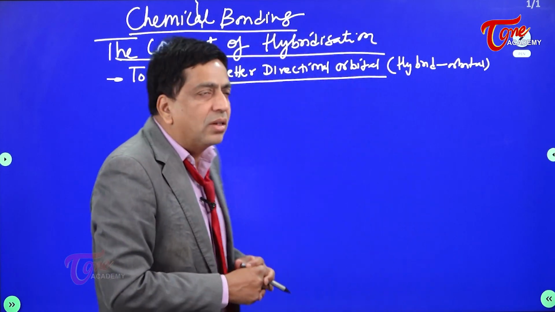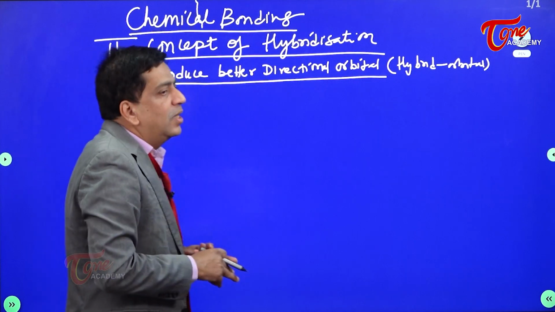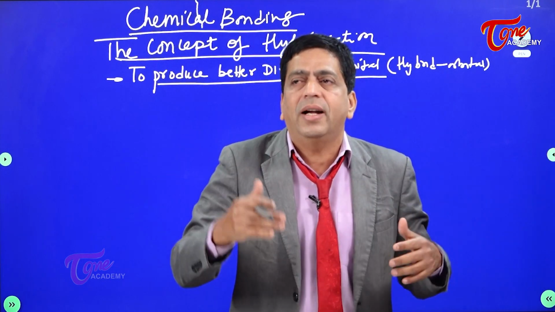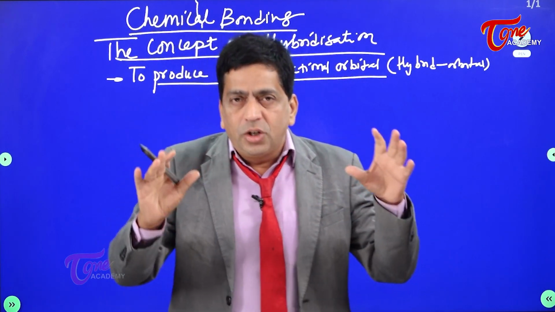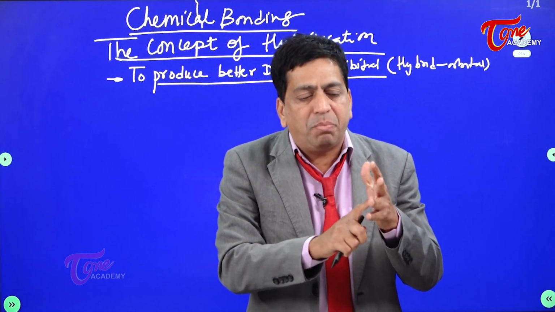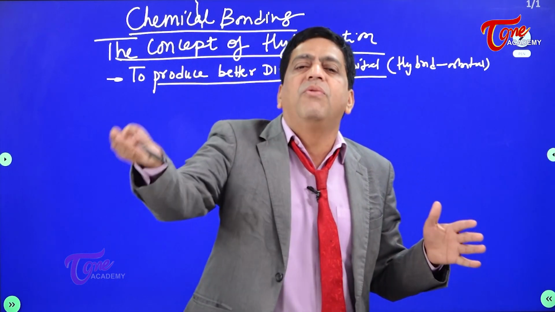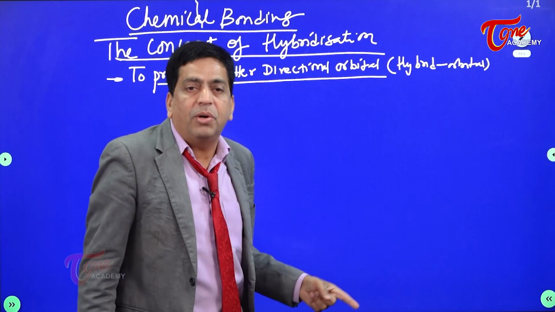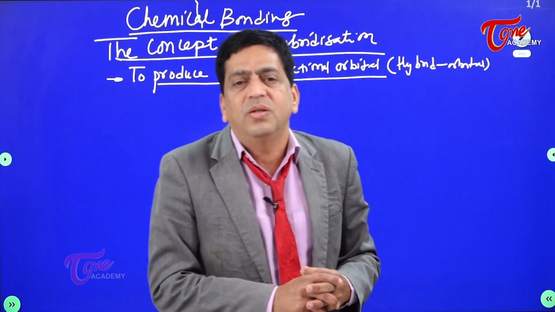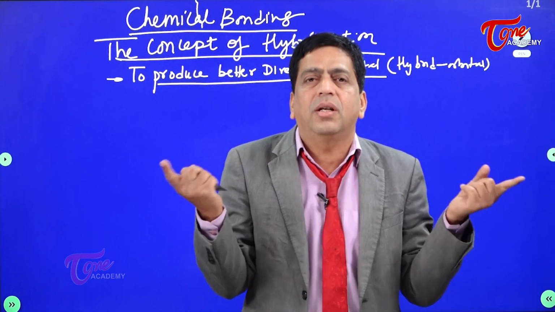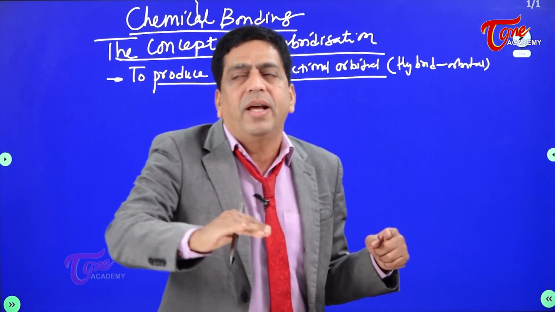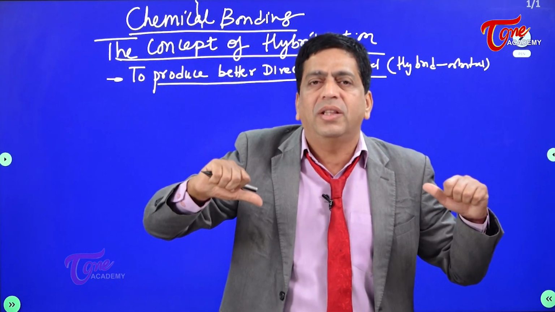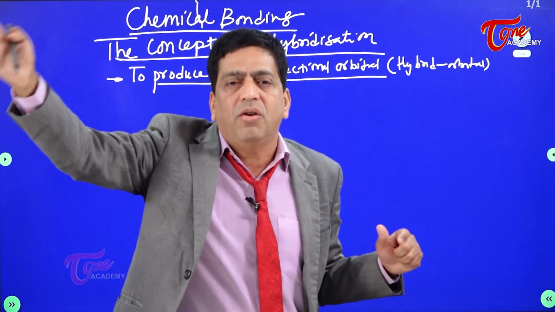Right? And in the process, I was telling you, hybridization is basically the intermixing of atomic orbitals within the atom before bonding. So the intermixing of atomic orbitals, that is s, p, d, f, within the atom before bonding in excited state to generate more directional orbitals, that is nothing but hybrid orbitals, is called hybridization. You must understand, everything is hypothetical. We are just catering to explain bond angles of certain molecules which are already formed. Hybridization is no method of preparation for those molecules. The molecules are already existing.